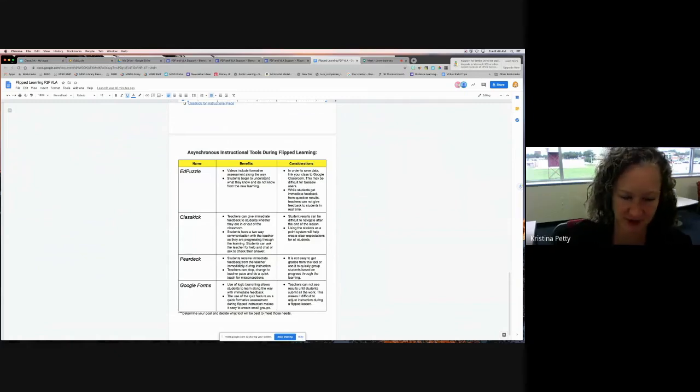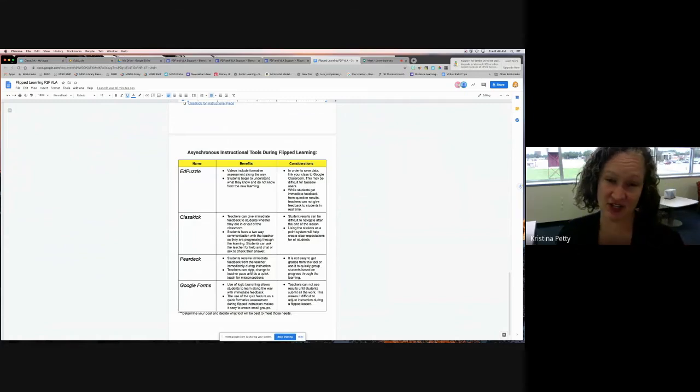Another one, for Pear Deck, is that they get to receive feedback. So as your students are working through the learning, the teacher can give feedback to the students on what the teacher is seeing in real time. Another way that is really good for flipped instruction is that if the teacher sees, while doing aggressive monitoring, that even her high students are not understanding, it's a good time for her to stop the instruction, to change it to teacher pace,